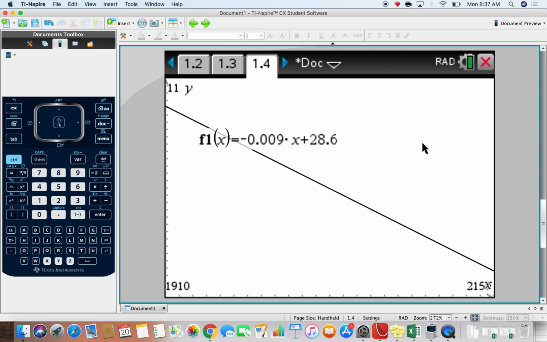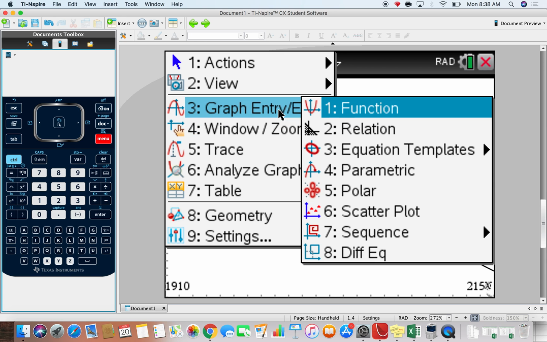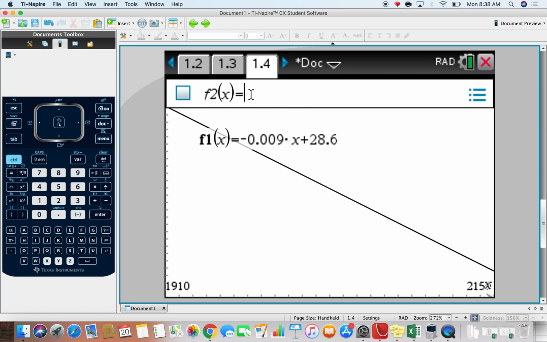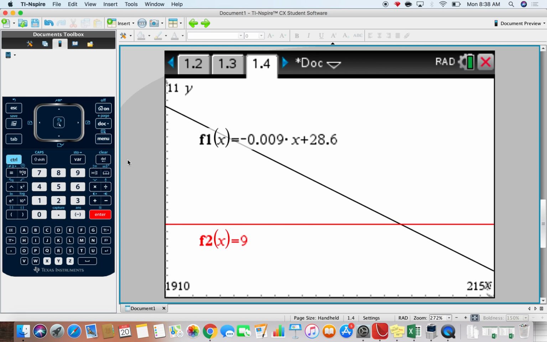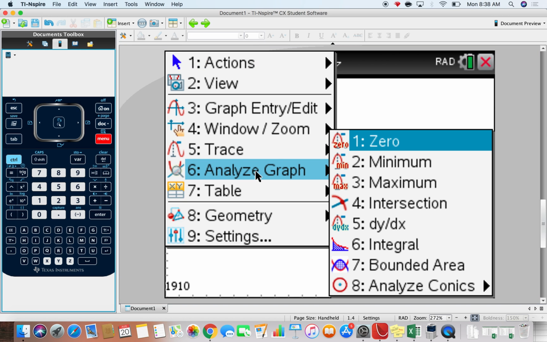But now we've got it on this menu, we're going to try the same thing: 9 seconds, intersection, and read off accurately. So let's just see if that will work on this menu. Menu, graph entry, function, f2 of x equals 9, y equals 9. Okay. Menu, analyze the graph. Can you see it? Intersection. So we're in a kind of a different page. This is plotting functions. There's a lot more power on this page to play with intersections and lots of other things. So if we go to intersection,